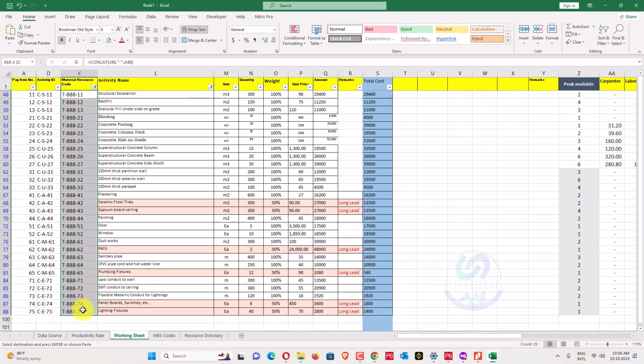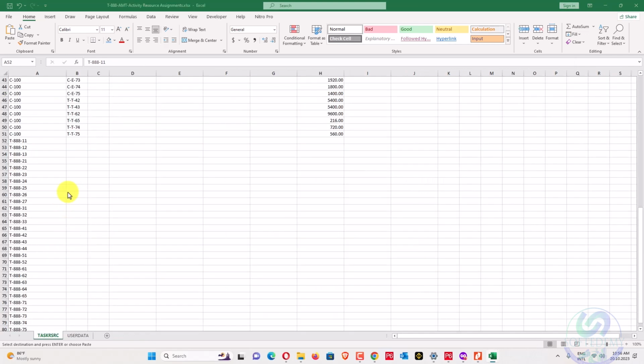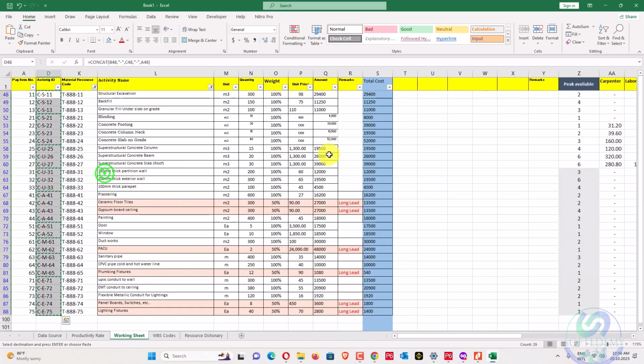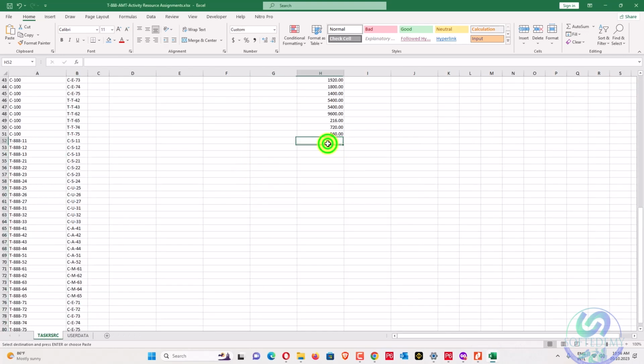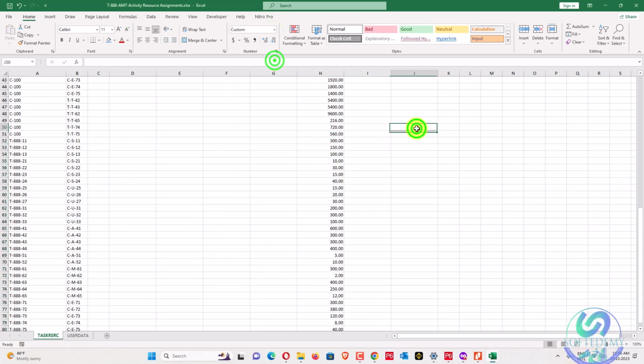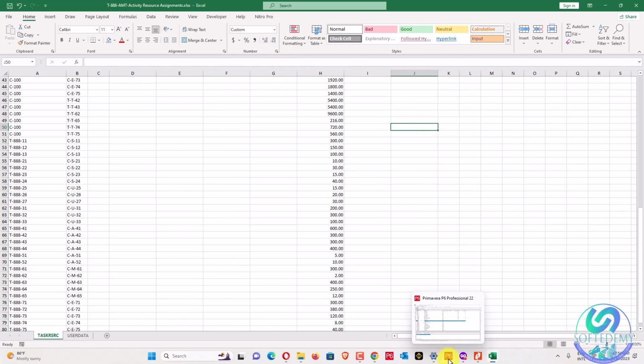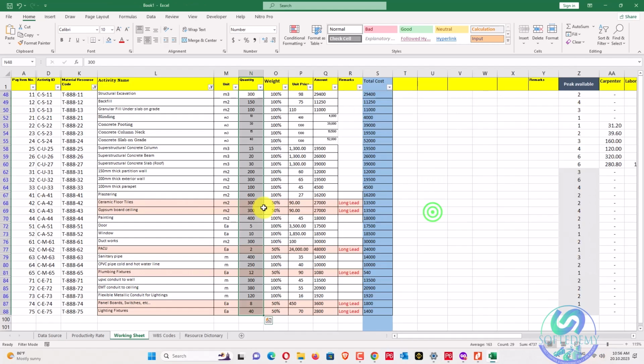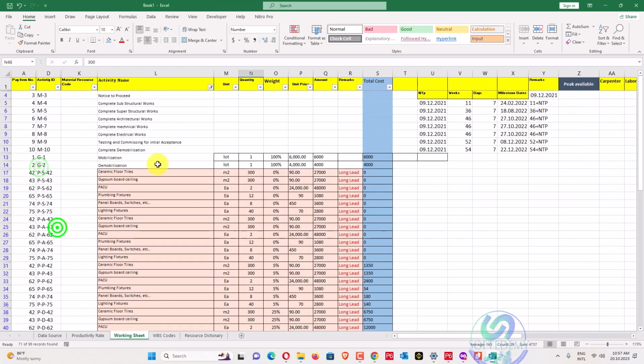I will copy these materials' IDs, codes from here, paste here. This one is the activity ID, copy this one, paste this one. These are my quantities. I will copy these quantities, paste there, and I will also add numbers. So before adding this, the activity materials, and now I have also added materials. Now the next step is to add my resources. Now it is in hours.